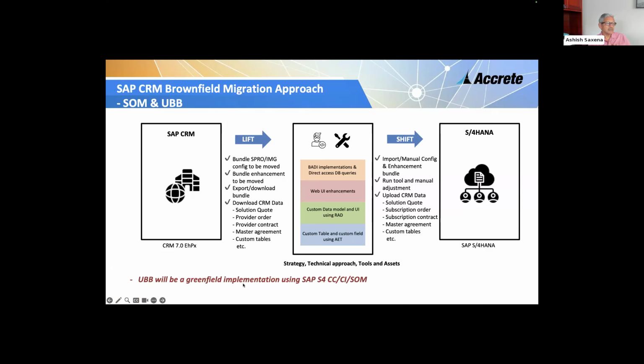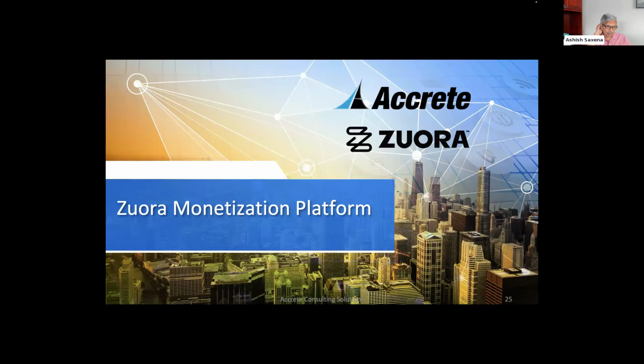However, if you are using usage-based contract, you have to do a greenfield implementation using convergent charging and convergent invoicing and subscription management. So those are all the options for sales and CPQ quote, as well as subscriptions and bundle products. Now I'm going to hand it over to Petra, she can talk about the Zuora platform and how it can help solve